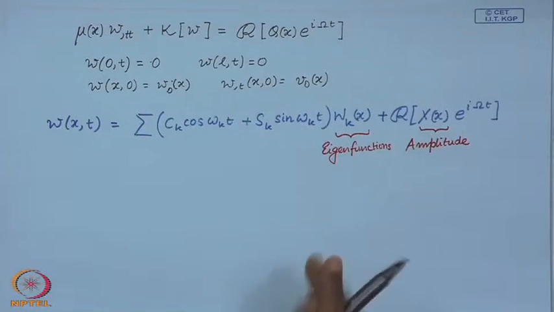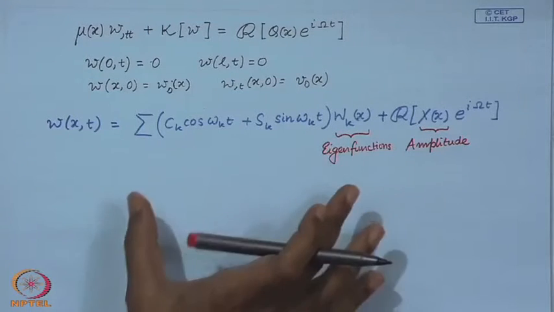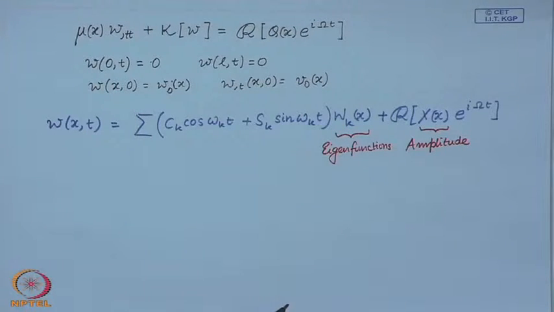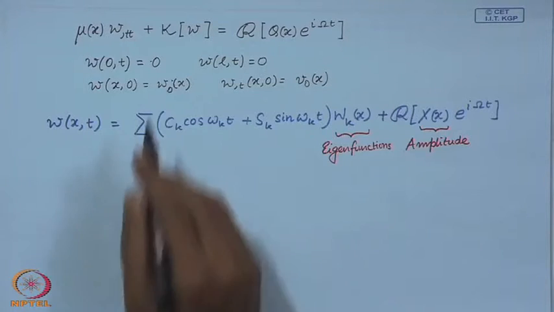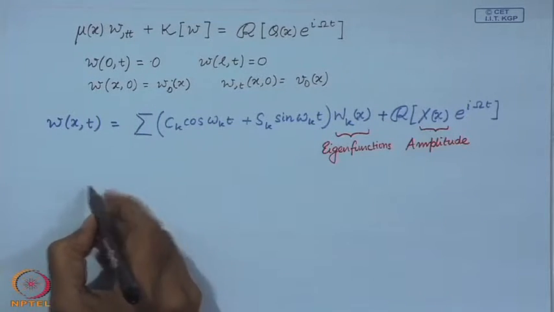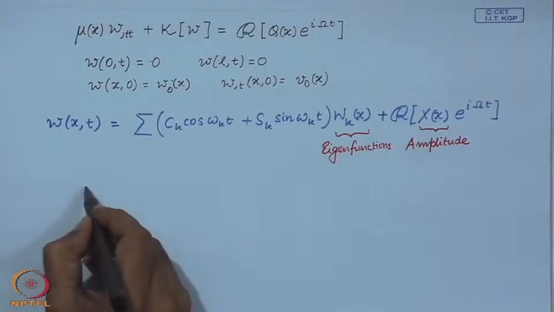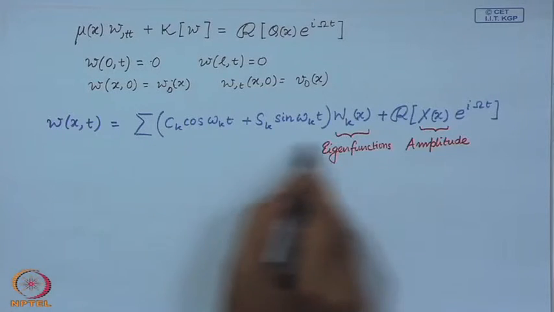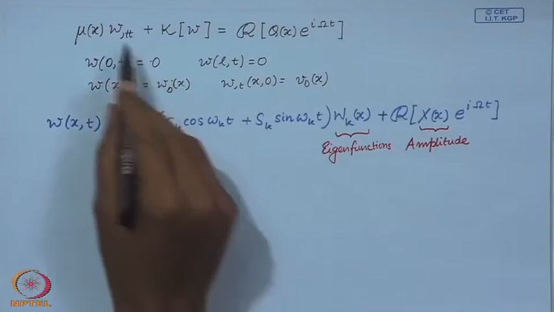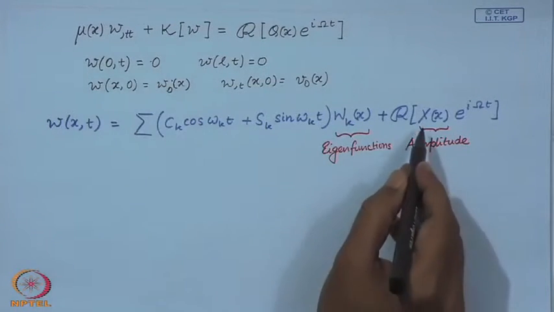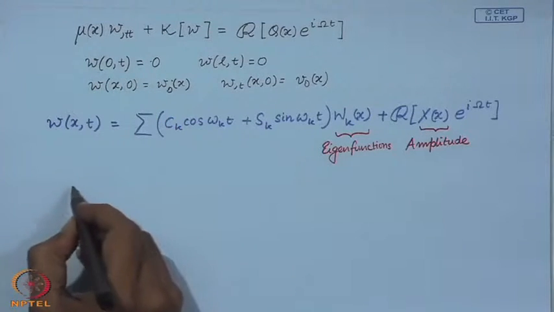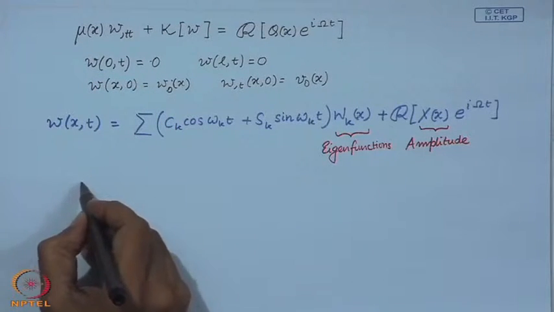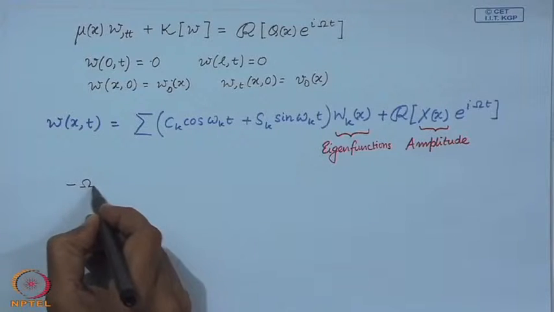So, this is the solution form that we have for a system like this, and when we substitute this solution in the equation of motion, this homogeneous solution actually goes to 0 once we substitute, and the contribution from the particular solution can be written upon simplification